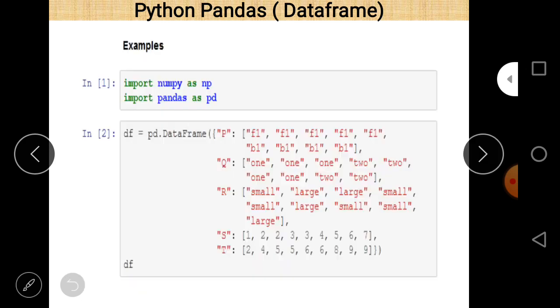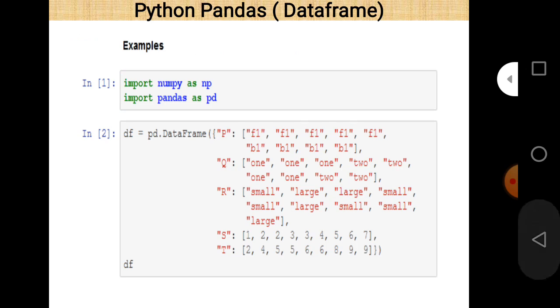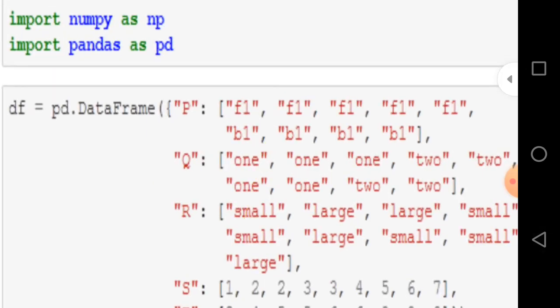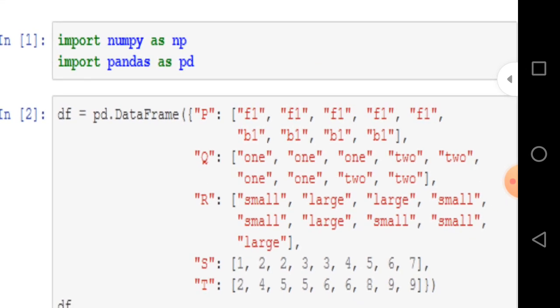Now there is a small example here. So import numpy as np and import pandas as pd. So import numpy and pandas are the names of libraries, and np and pd are alternative names for numpy and pandas respectively.